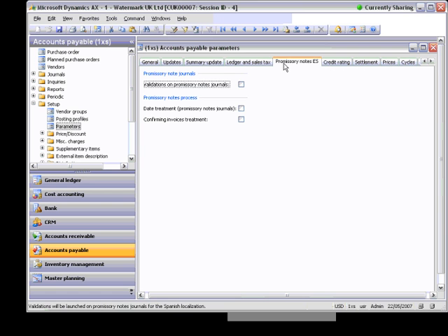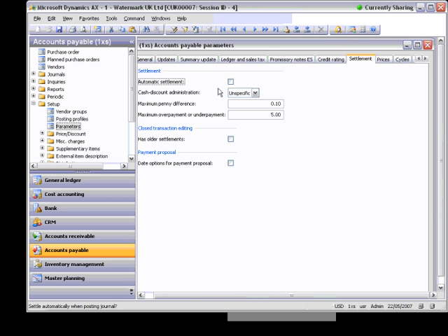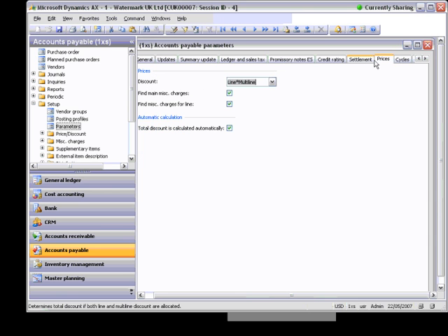Under promissory notes, you set up promissory notes settings, credit rating, settlement. You can use automatic settlement. If you set up the option automatic settlement, it means that the system will settle the invoice with the payment. So cash discount administration, maximum payment difference, overpayment and underpayment, price discount settings,